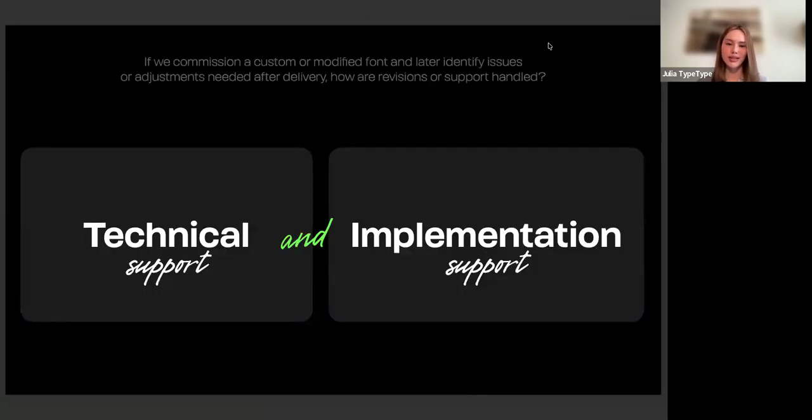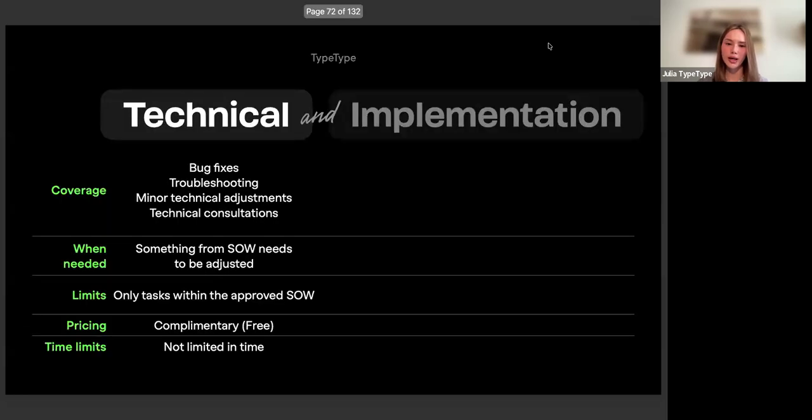Important slide, a very important slide. It is important to know what is considered technical support and what we consider implementation support. And I think it's quite straightforward. As you can see on the slide, there are everything that is outside of just